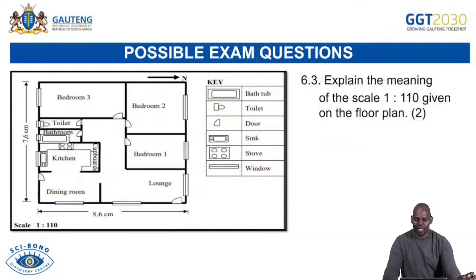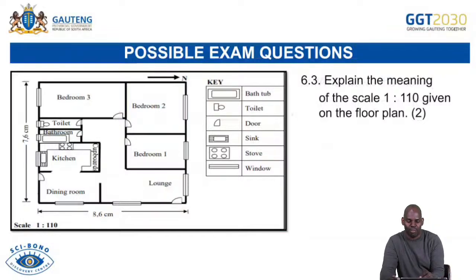Then it's 6.3. Explain the meaning of the scale 1 is to 110 given on the floor plan. This is the most favorite question as well. Mostly it is the most favorite question. The examiners like it a lot. So you must be able to explain the meaning. 1 is to 110 simply means 1 millimeter on the plan